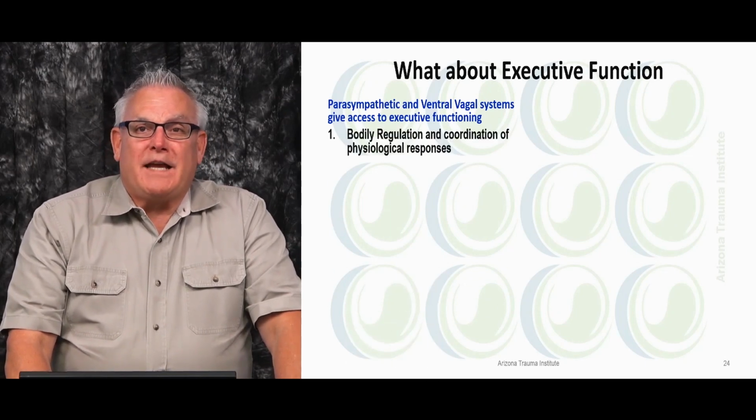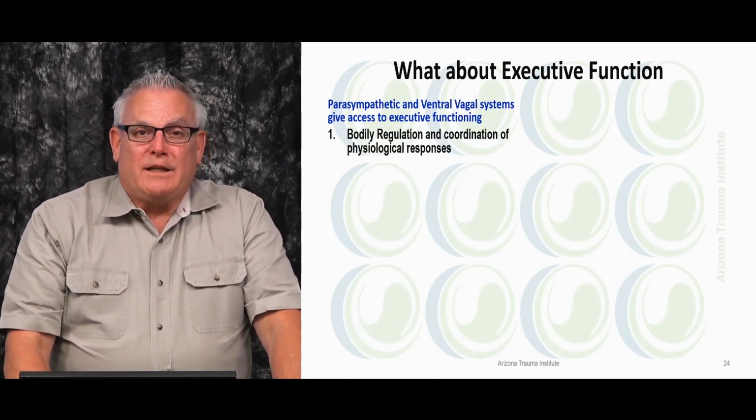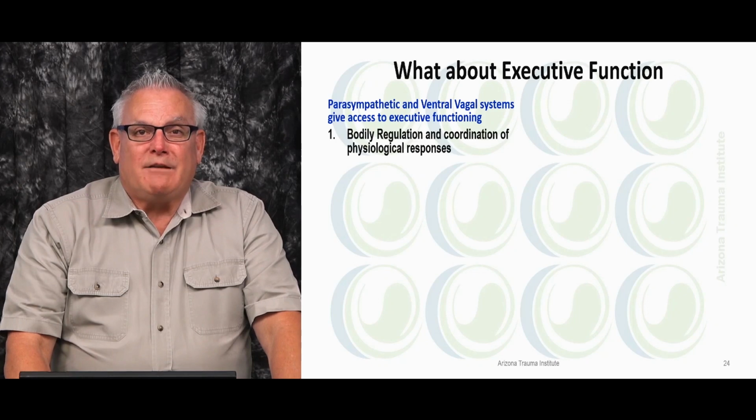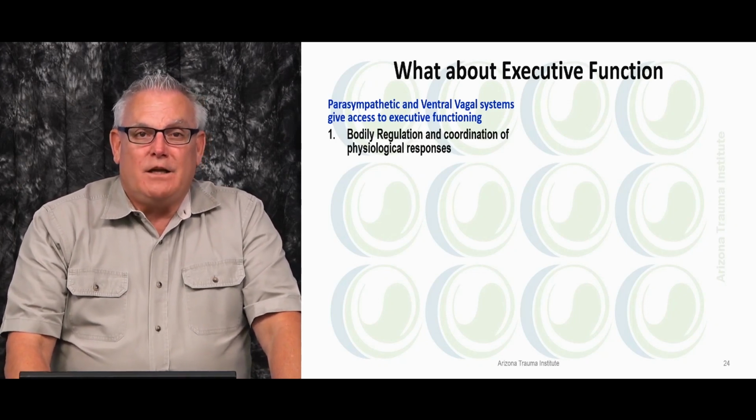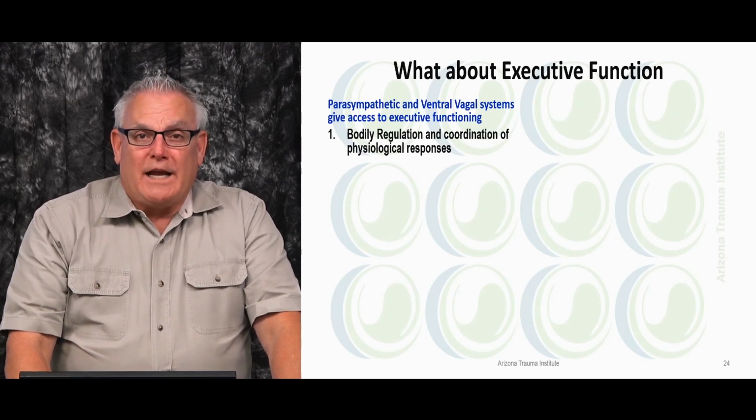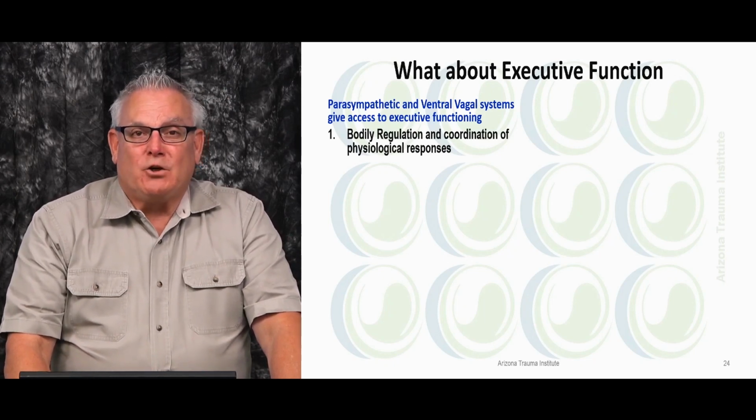So what about executive functioning? Let's be a little more specific. Parasympathetic and ventral vagal systems give access to executive functioning, which means bodily regulation and coordination of physiological responses,